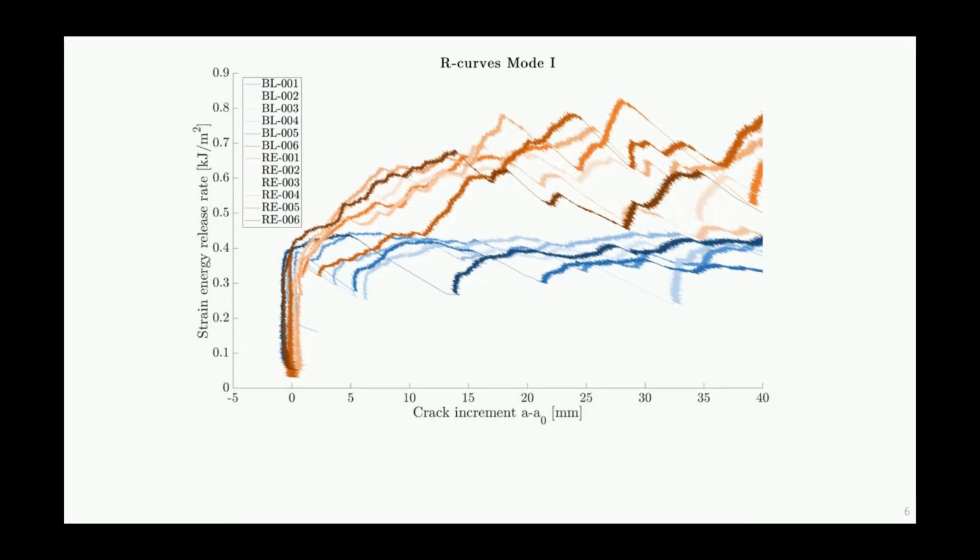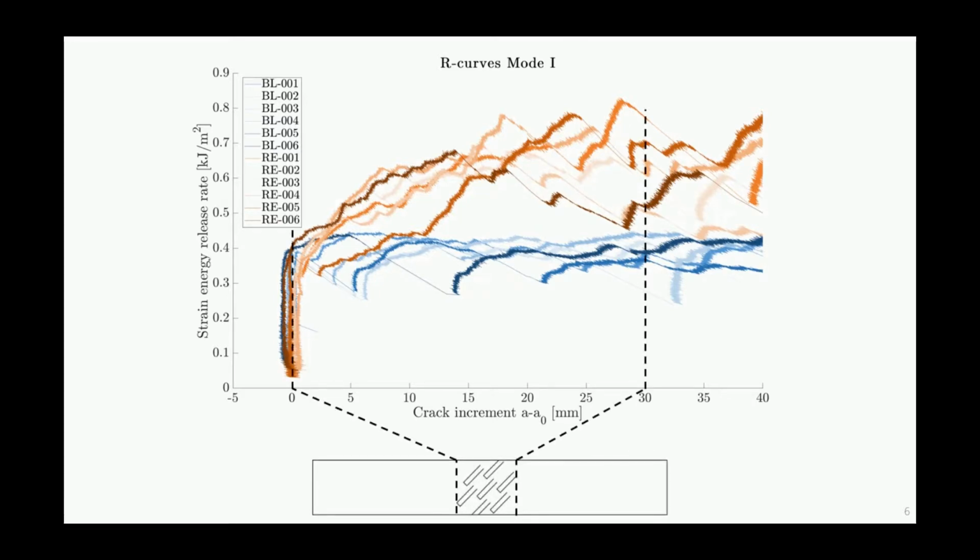As can be seen in this image taken during the test, the tabs remained connected to both sides of the crack face and acted as crack bridges, at least until the displacement was increased far enough to fracture the tabs themselves. The result is that for the reinforced specimens there was a much more pronounced R-curve behavior, with the propagation toughness being significantly larger than the initiation toughness.